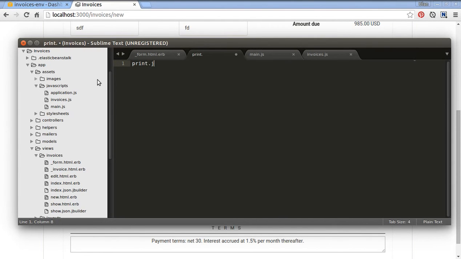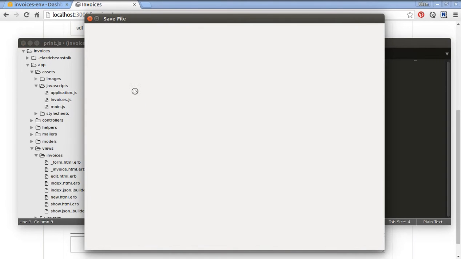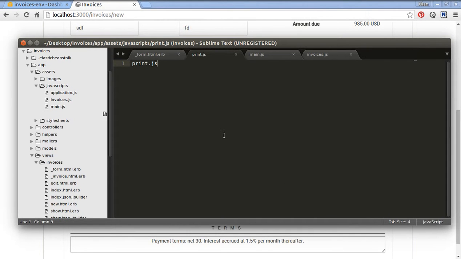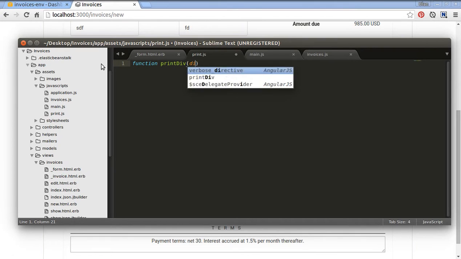I call it print.js. So we're gonna be able to create our printing functionality. First of all, let's declare the function printDiv. It will take only one argument